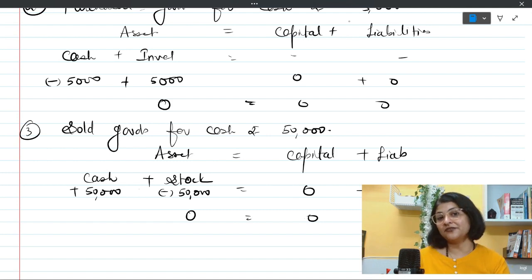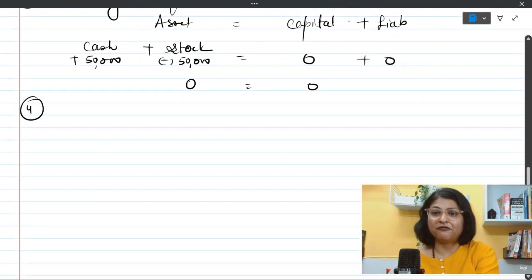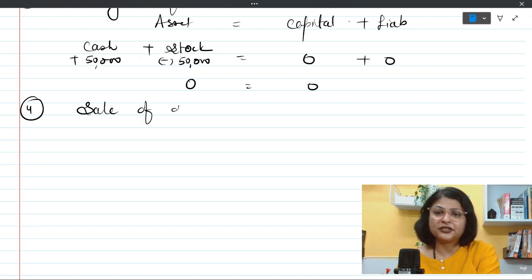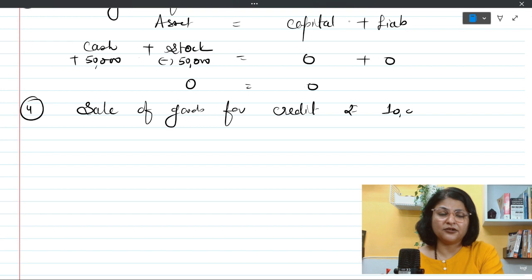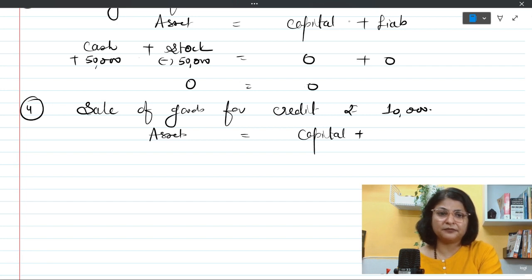So students, what we have understood by doing these transactions is that one side of the asset or liability is increasing and another side is decreasing. This way all the transactions are going to have impact. Let us do two more transactions for today. Number 1, we will do sale of goods for credit, rupees 10,000. So here again you have assets is equal to capital plus